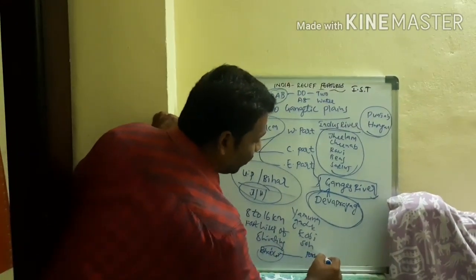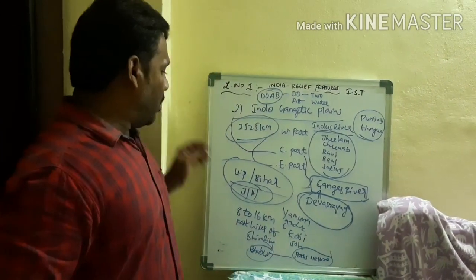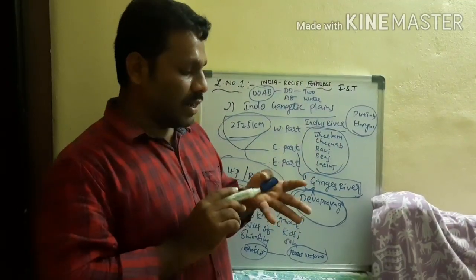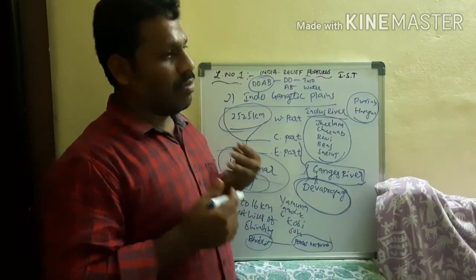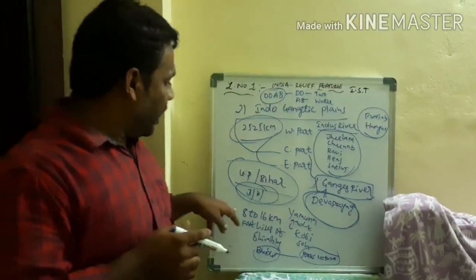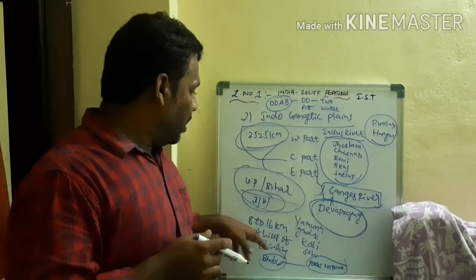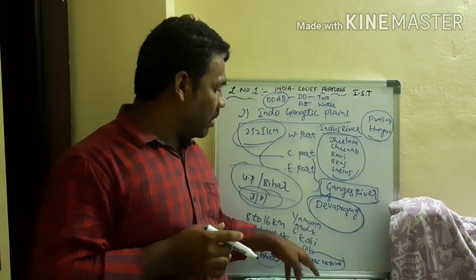In what type of nature? Porous in nature. How? The Himalayan rivers, which are flowing through, are carrying what? Sediments, small pebbles and silt. And what it is not able to carry, it will deposit in one place. While flowing, the river will form an 8 to 16 kilometer narrow belt in the foothills of the Shivaliks. That feature is called what? Bhabar. It is very porous in nature.